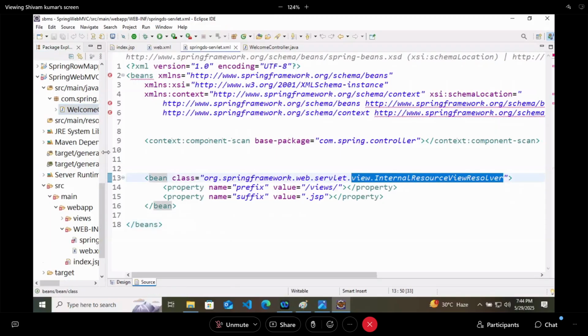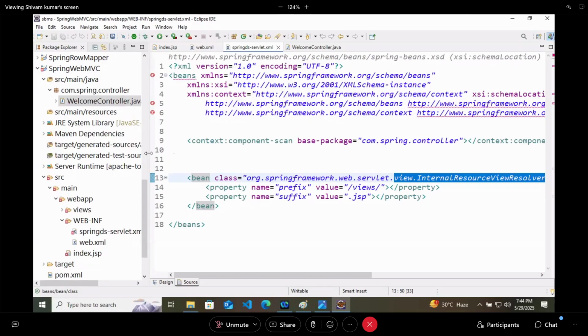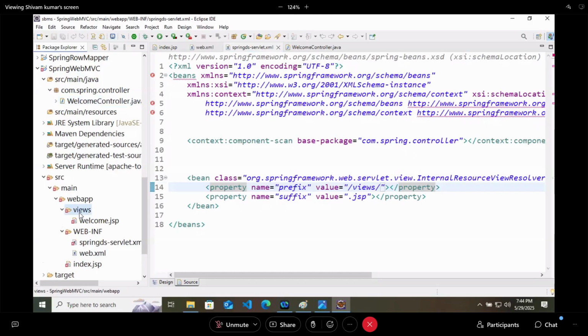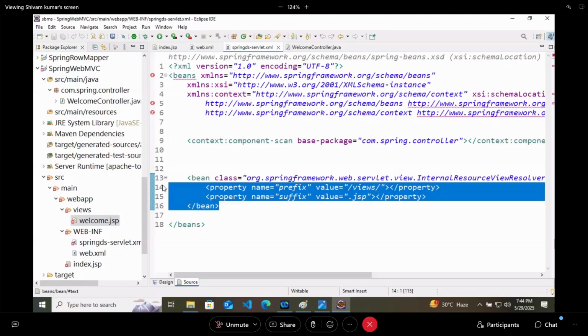Now we are giving it two things: which folder you have to go to? Slash views, and slash means you have to go inside the views folder and check all the files ending with .jsp, because there can be some HTML files also, some static files. So we are saying that you are checking just .jsp files. That's it. It will resolve, it will combine the model and view, and that's how it is working.